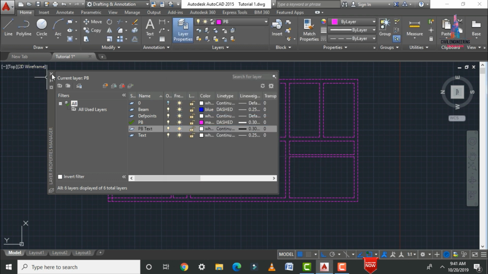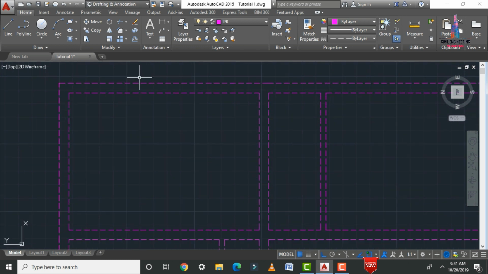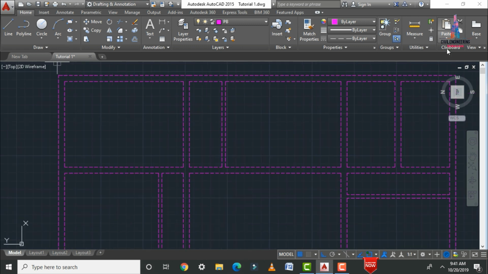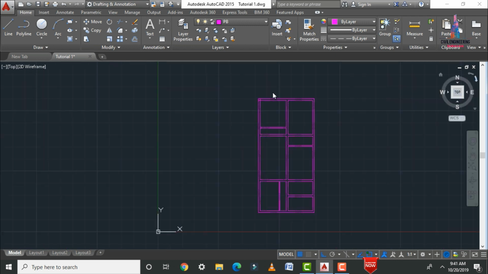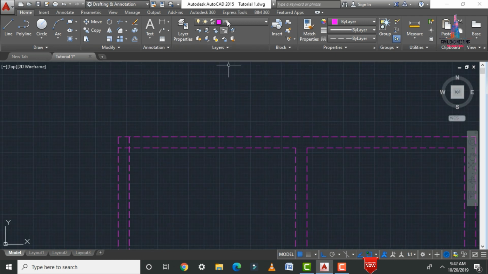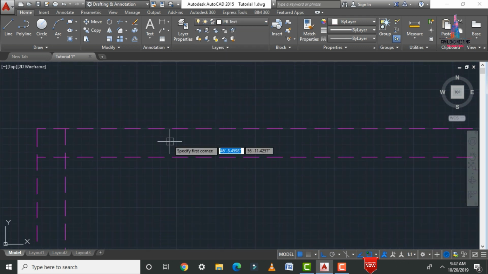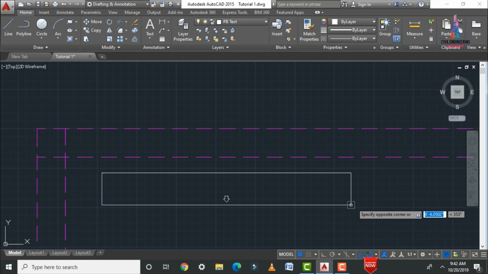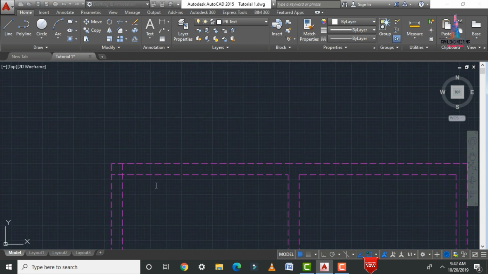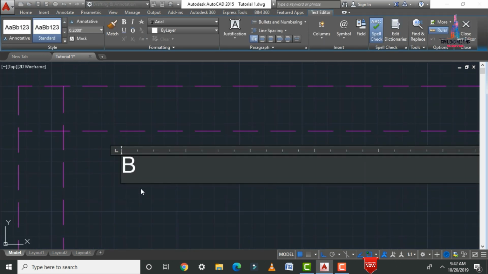So after that we have to text these respective plinth beam sections. So for that initially I am selecting the T enter option. So let us consider. So initially we need to rotate this respective model. So click on the rotation option like this. So before drawing any kind of text, initially we need to change the layer property. So let us consider it as PB text. So click on T enter option, select the starting point here. Again we have to select the ending point here. Now we have to give the name of the beam.